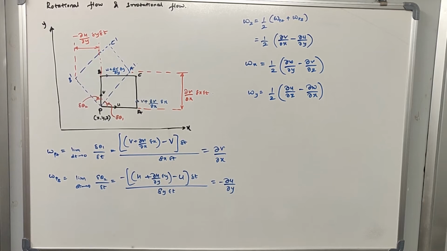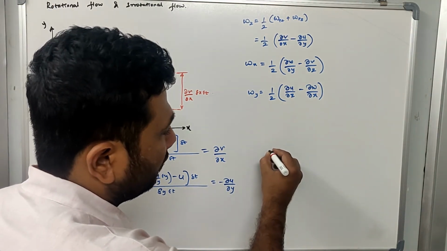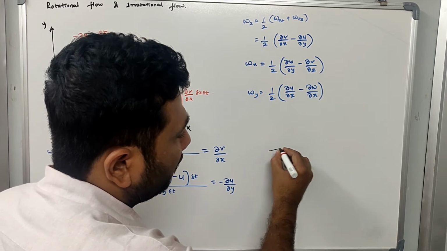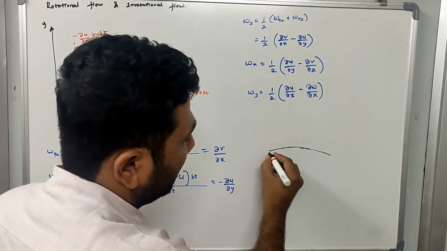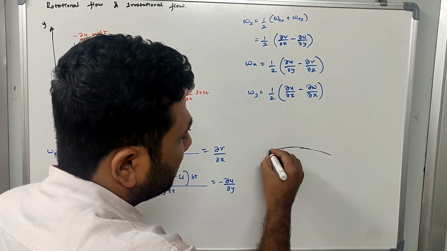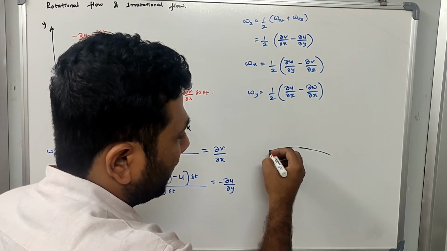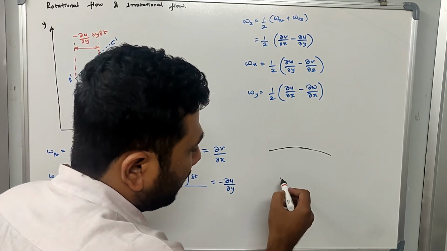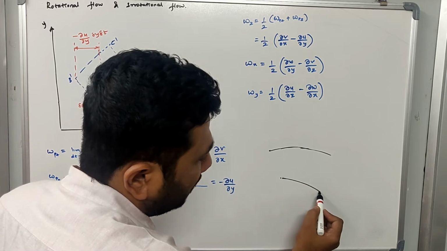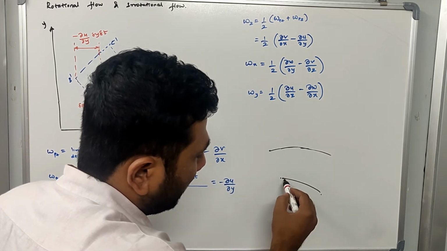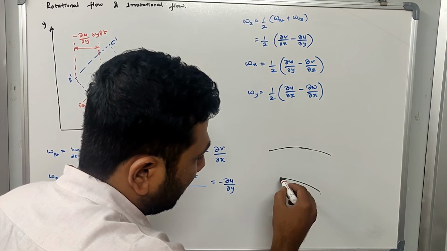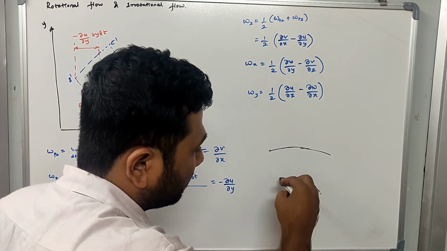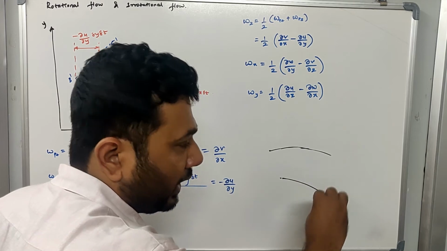If you observe any given fluid flow carefully, you can see that a fluid particle, when it is moving from one place to another place, may rotate about its own mass center. Assume some small particle. While this particle travels from one place to another, it is also rotating about its mass center like this. It will rotate and it will move in that particular direction.